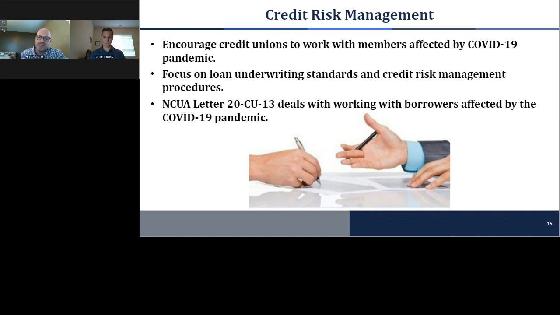I was teaching in a class last week to some 20 new examiners that we hired, and we had a deep discussion on COVID-19 specifically that addressed those two issues: how the influx of stimulus money is impacting total assets and how that's causing the net worth ratio to drop collectively. And then what's the extent of forbearance or payment relief on the left side of the balance sheet in terms of loans, since loans are typically the biggest asset for a credit union, and the reliance on that income stream.